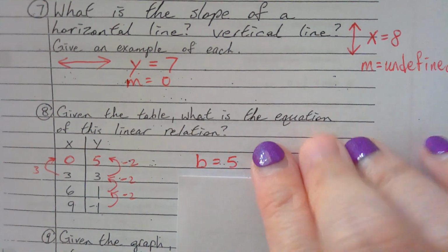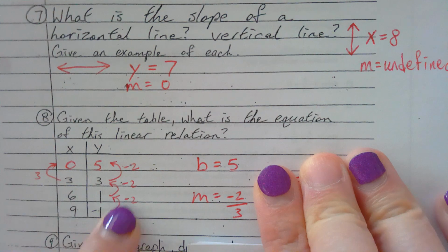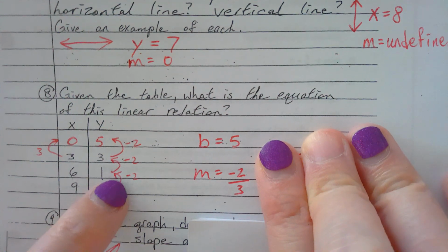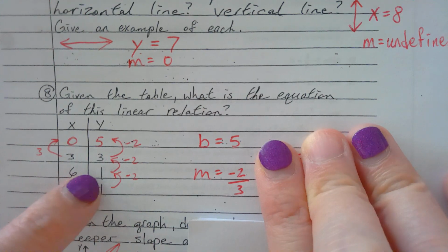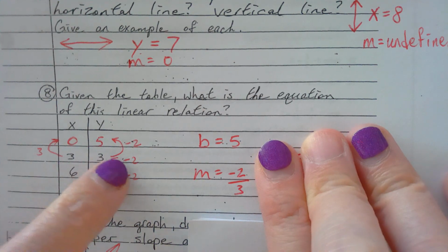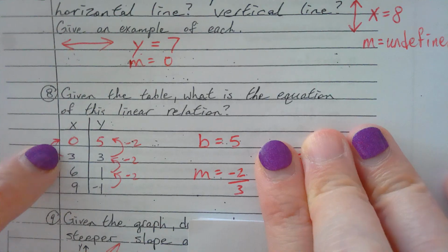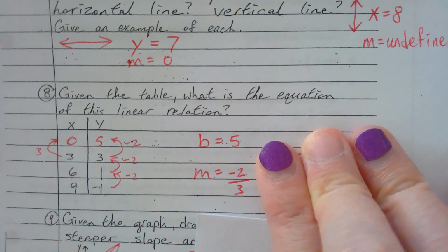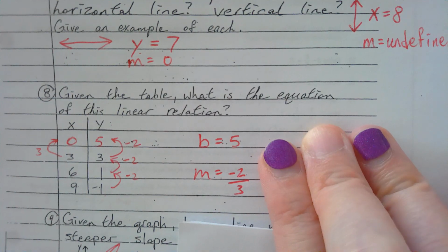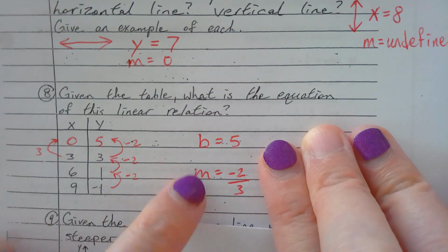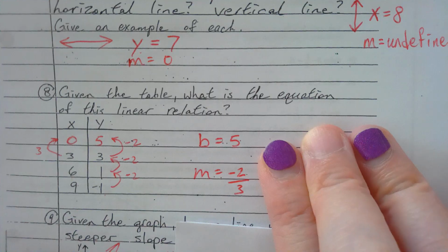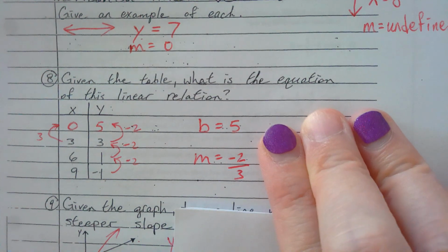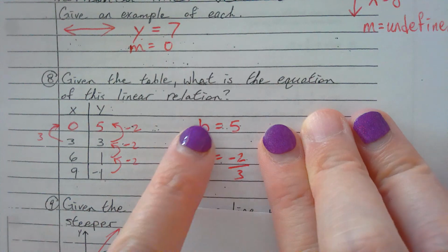For your slope, remember first difference. To calculate the first difference, you're subtracting backwards. So when you do 1 minus 3, you get negative 2. 6 minus 3, you get 3. So you get negative 2 over 3, rise over run. Nathan, if this is m and this is b, what's your equation? If m is negative 2/3 and b is 5,